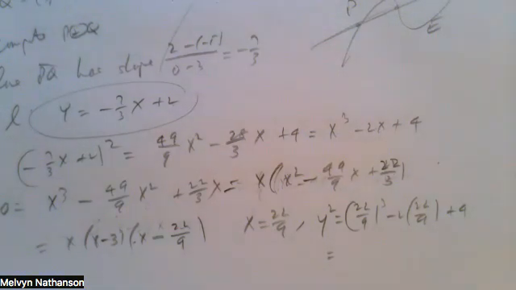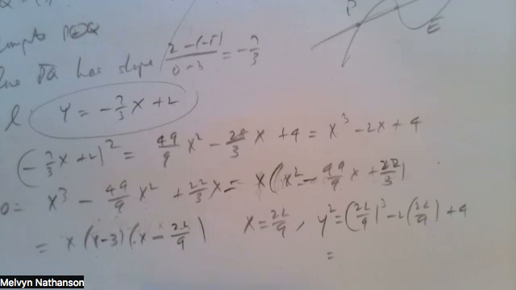The choice is completely up to you. So let's see. 22 over 9 cubed minus 2 times 22 over 9, which is 49 over 9, plus 4